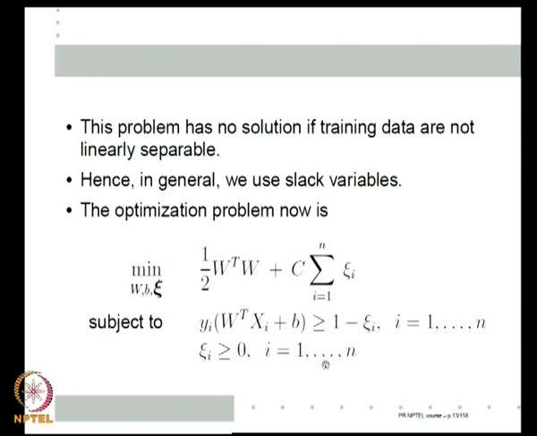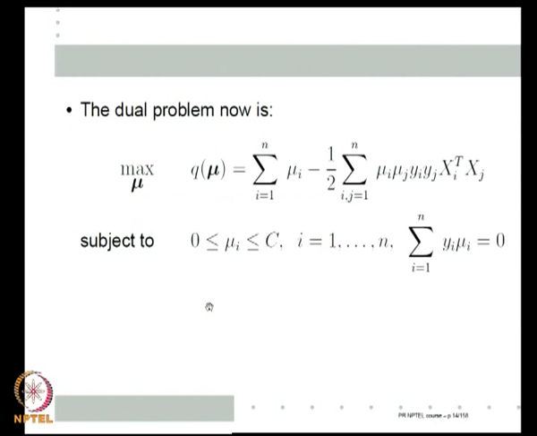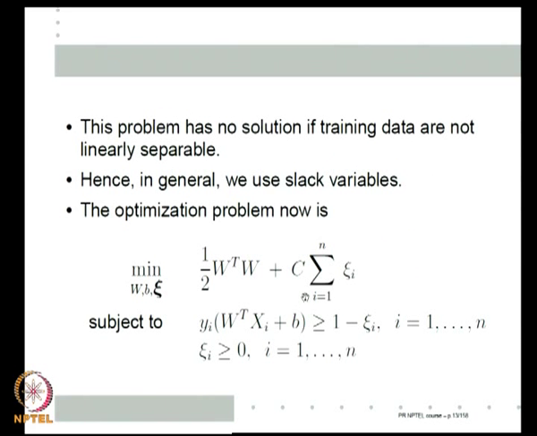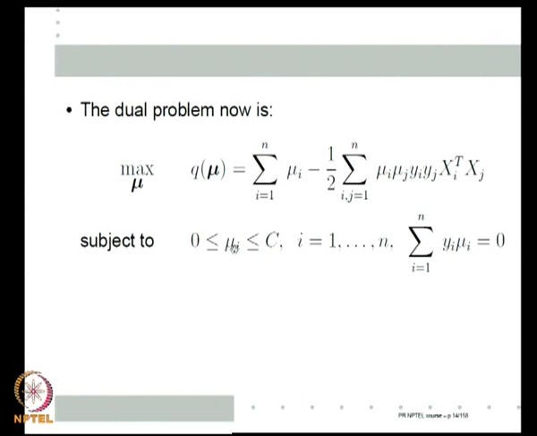Okay. So, this is the optimization problem we want to solve, and very nicely the way we formulated it, the niceness about the formulation is that its dual is very similar to the old dual. The cost function does not change, this constraint does not change, only change is that earlier I had only 0 less than or equal to mu i, I have 0 less than or equal to mu i less than or equal to C. Essentially, my primal has C here, as C tends to infinity, this becomes same as the old problem. So, in the dual, that is the only thing that comes, which is very convenient for me.